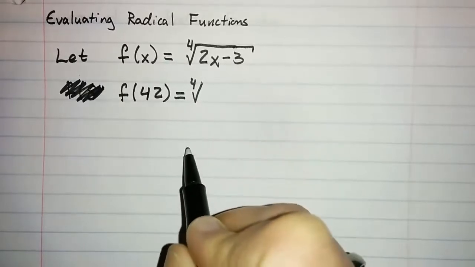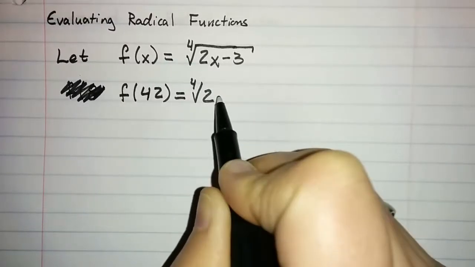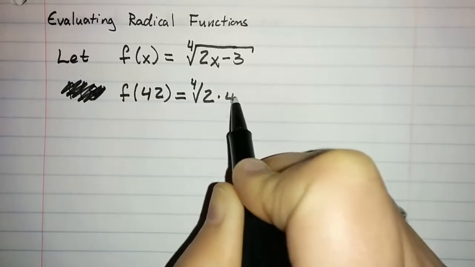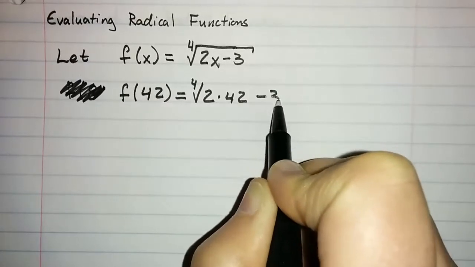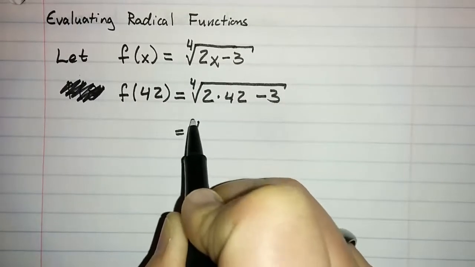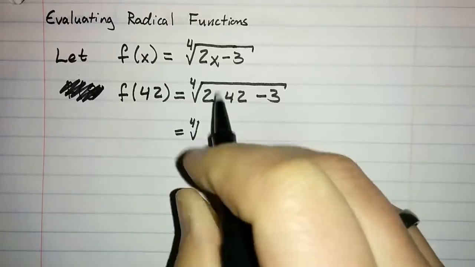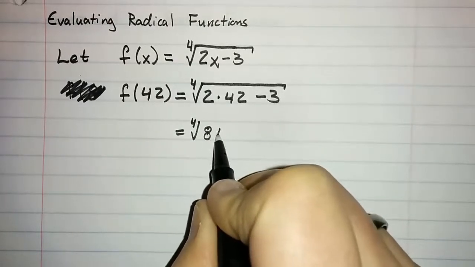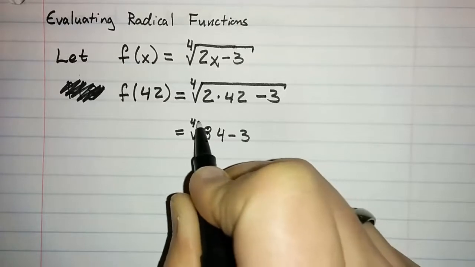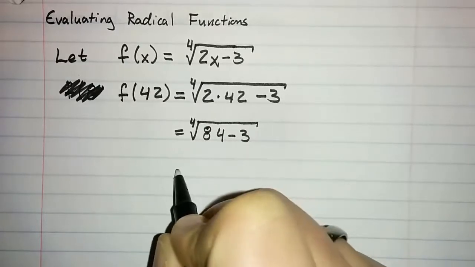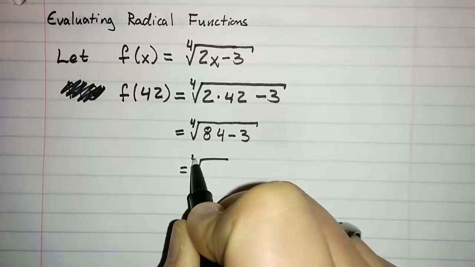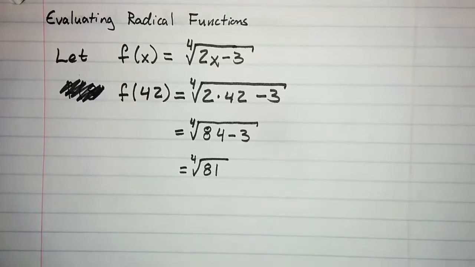So this is the fourth root of 2 times 42 minus 3. So this is the fourth root of 84 minus 3. This is the fourth root of 81. And now, here's how we take